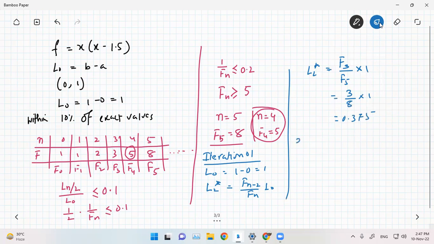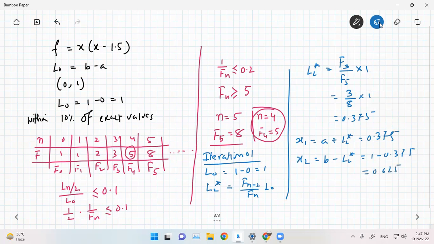So our x1 will be A plus L2 star, so 0.375, and x2 will be B minus L2 star, that is 1 minus 0.375, which will be